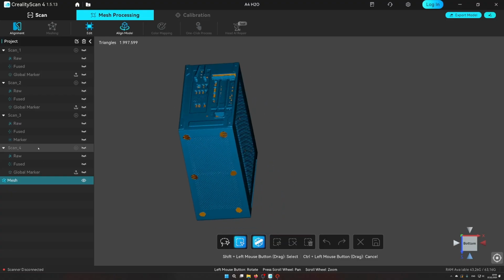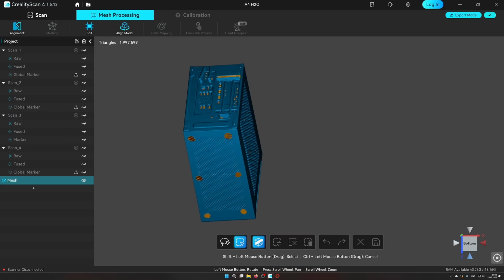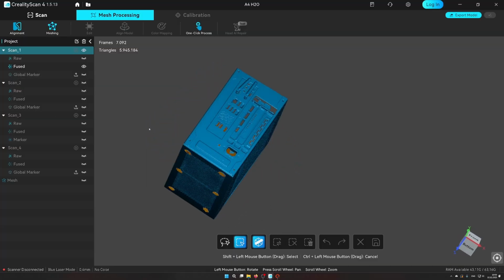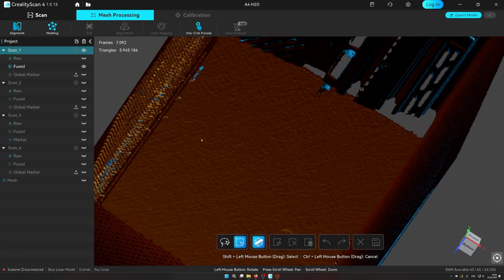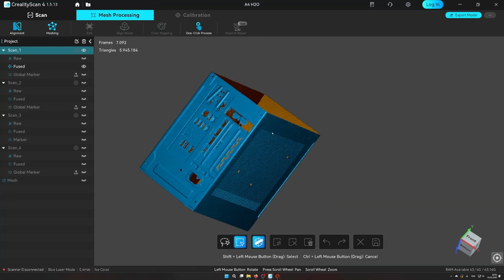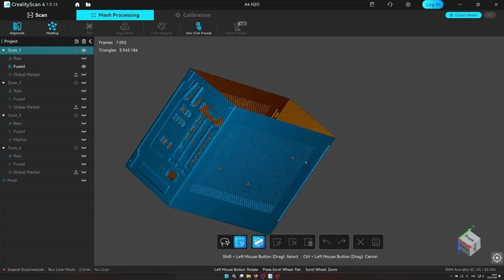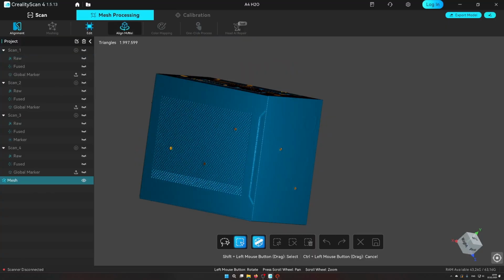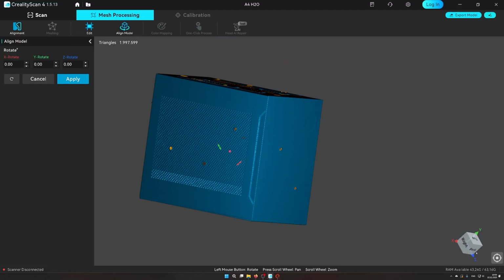So what do I need to do to use alignment? We need to generate a mesh. So if I solely select my scan without meshing, and you have to remember in Creality Scan 4, the fused model or the fused file is already a usable mesh. So it's no point cloud, it's already a mesh. So that's very useful. So you don't need to use the meshing step for each small model. But to use the alignment, you need a mesh file. And if you're now in alignment,